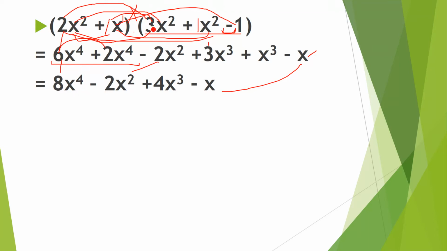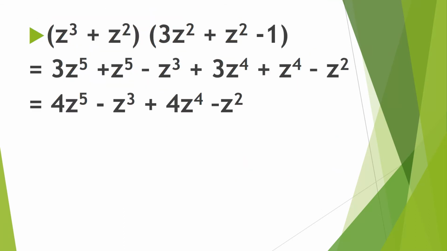But if it is multiplication, you have to multiply the coefficients and add the exponents. This is a very important point. And then minus 2x square will remain the same. This is positive 3x cube, positive x cube. It does not have any coefficient, it means 1, so it is 4x cube minus x, and this is the answer. And this is the horizontal multiplication. See, I did this multiplication in one line. This is the horizontal multiplication. We will discuss one more example. Here you have to multiply x cube plus x square, multiplied by this parenthesis.